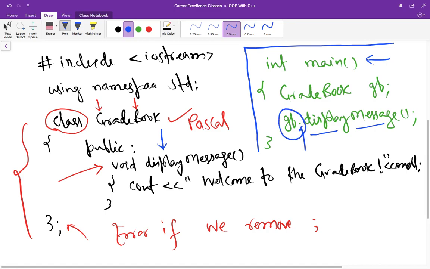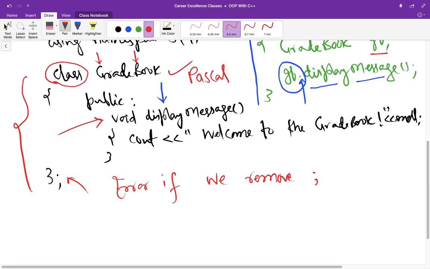This dot is the dot operator and gb is an object of GradeBook. So whenever you want to call some function, you have to create an object of that class and then call the related function. But one important thing to note is, before the main function can create an object, we must tell the compiler what member functions or data members belong to the class, and that's why we have defined the class before the main function, right?